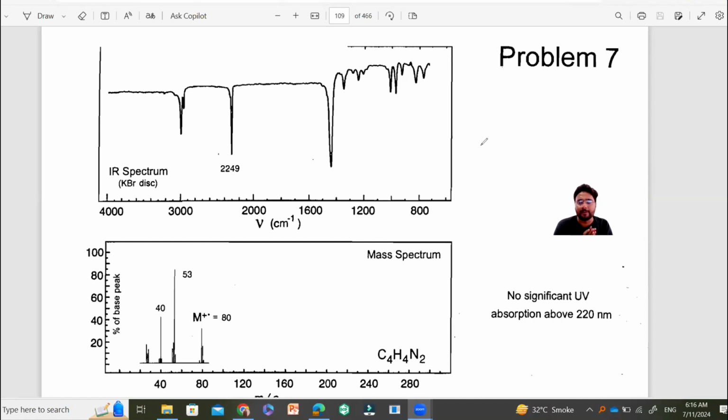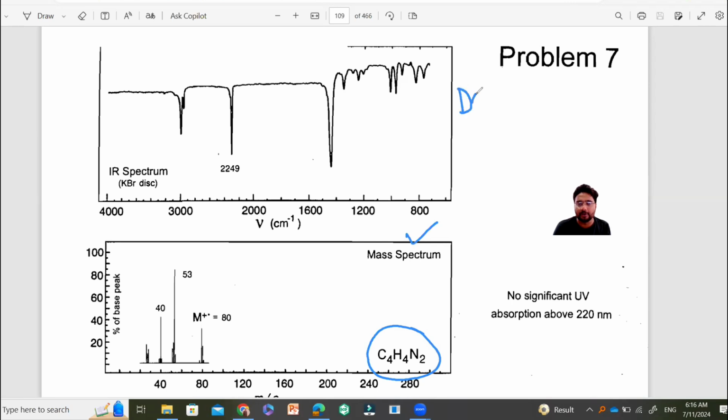Hello, so today we will talk about spectrum number 7. If you see spectrum number 7, your first goal is to see the mass spectrum. In the mass spectrum, the molecular formula of the compound is given, which is C4H4N2. Whenever you have the molecular formula, your first task should be to find the unsaturation index